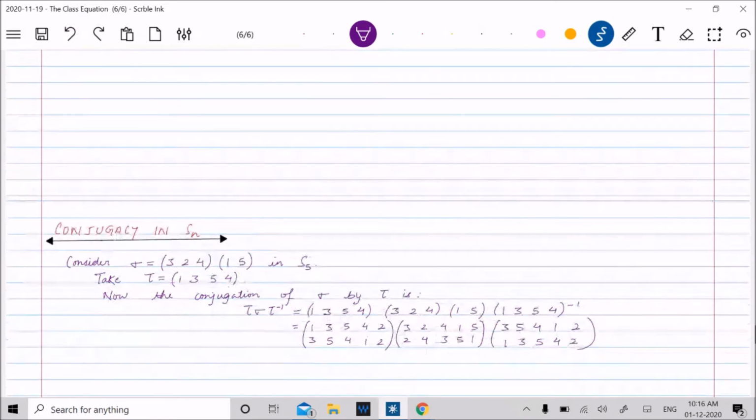Okay, now I'm going to multiply these permutations, but this time multiplication will be done from right to left actually. What we usually do, we usually multiply them from left to right, but they should be multiplied from right to left because these are just functions actually. If you are operating three functions f, g, h, then